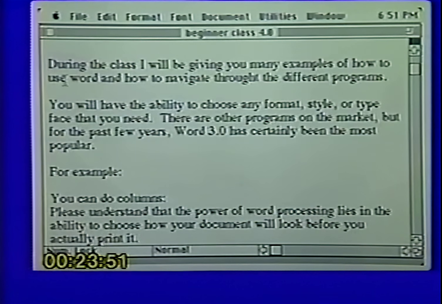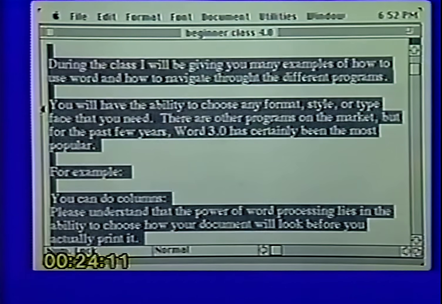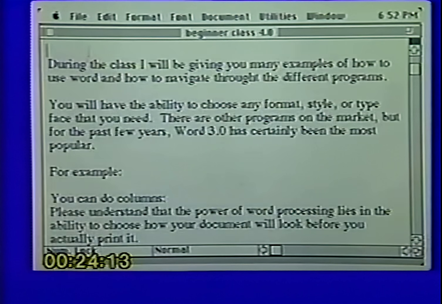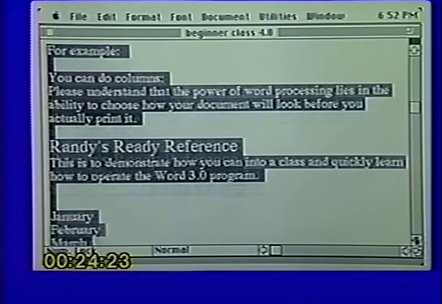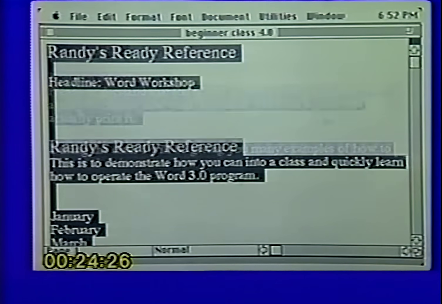Now the next selection technique is to select your entire document. Now this comes in really handy if you have typed about 17 pages and you want to suddenly double space instead of single space and you need to select your entire document. To do that, go anywhere in your document. It can be the beginning or the middle or the end. Simply hold your Command key down and click once. The Command key is two keys to the left of your space bar. If you hold the Command key down and click once, it will select your entire document. Now as you scroll through your document, you will notice that it's all selected. That one comes in really handy.